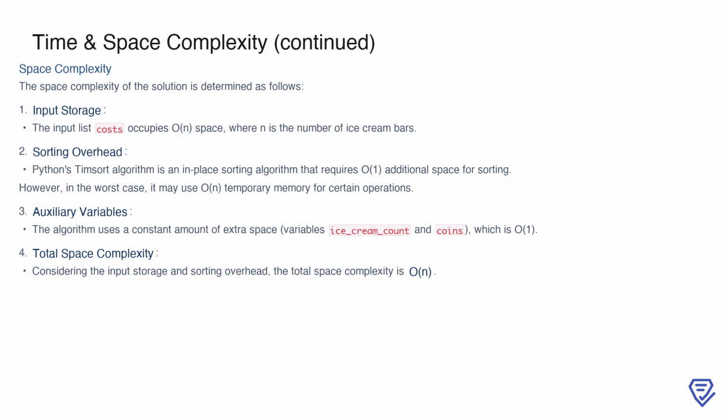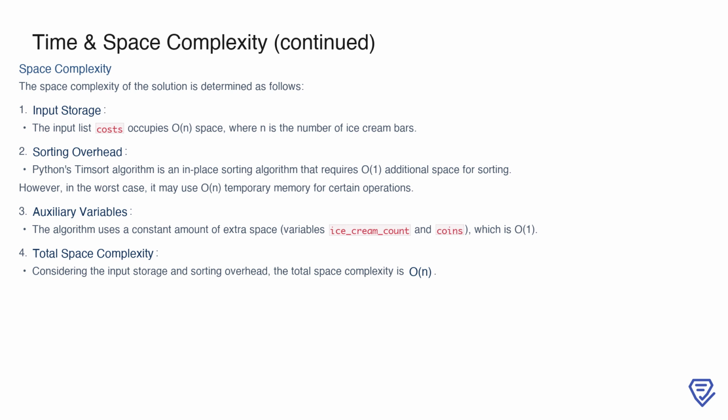merging subarrays. Additionally, the algorithm employs a few auxiliary variables, like ice_cream_count and coins, which add only a constant O(1) space. Taking all these factors into account, the total space complexity is dominated by the input storage and sorting overhead,